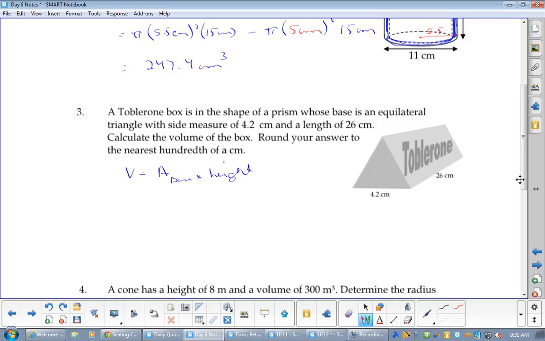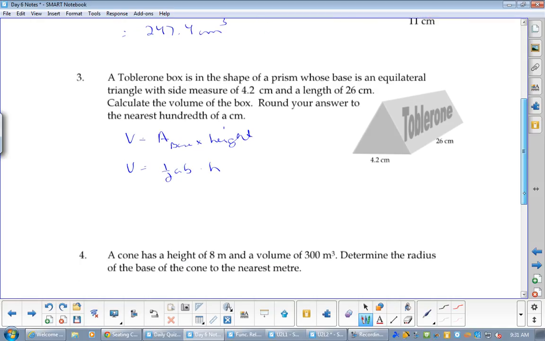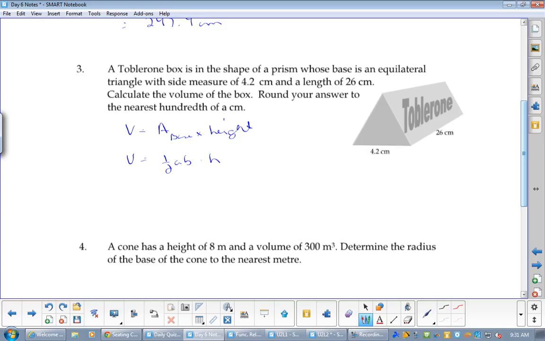Okay? So we said that volume equals 1/2 AB times height. Okay? Now, we don't have A. But we do know, I'm going to maybe give this away, that this is an equilateral triangle. So we actually can find A. Because if we go like this,